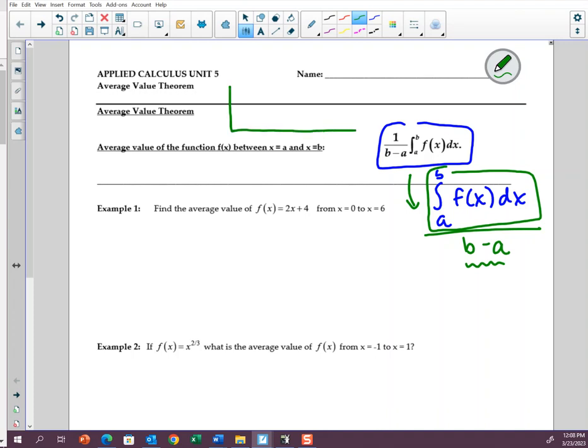Another way to think about it is when we have an f of x function, the integral represents the area from a to b. So if we take the integral, which is the area from a to b, and we divide it by the length from a to b, which is b minus a,